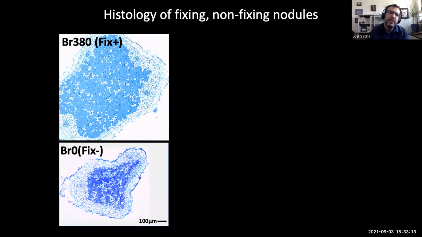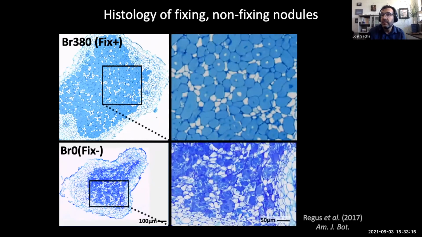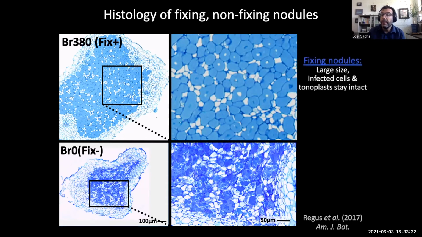Here is a panel of nodules. On the top row are nodules that are infected with a highly beneficial strain, and the bottom row is one of these non-fixing strains. And this is in the wild plant Acmispon strigosus, and I'll show you some data from Lotus japonicus a little bit later. In the top panel, we see a much larger nodule indicative of a more cooperative rhizobia fixing nitrogen,